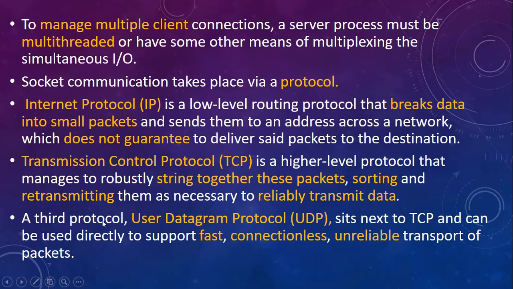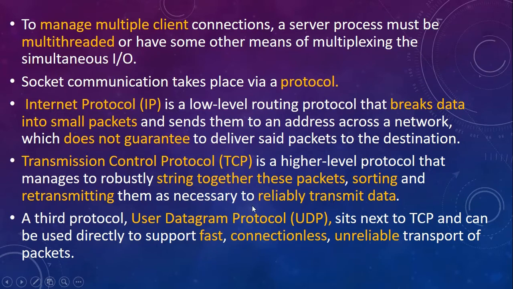Okay, now this UDP is basically connectionless and it is fast, but the problem is TCP guarantees you reliability of the transmission of data, whereas UDP is unreliable transport of the packets. So a packet may or may not reach a particular destination. People use UDP if they want connectionless and very fast transmission, and where reliability is not so important. But where reliability is very important, then people will use TCP, right?